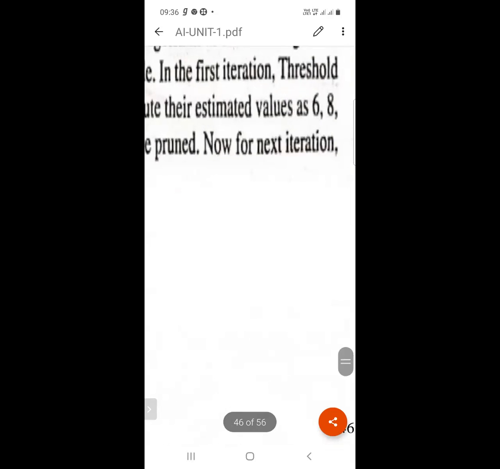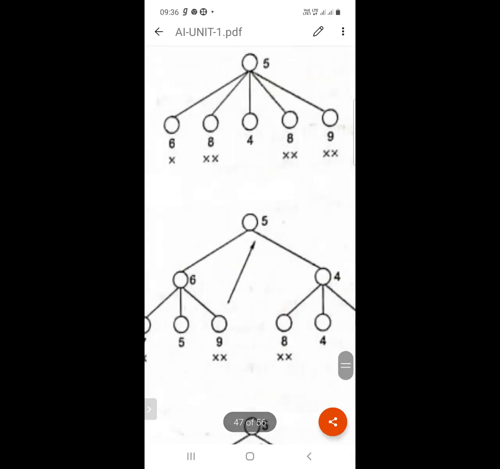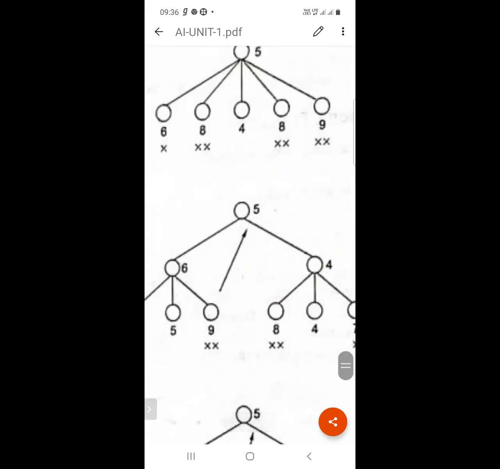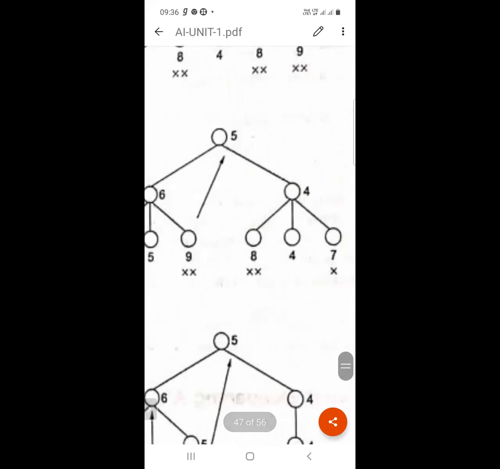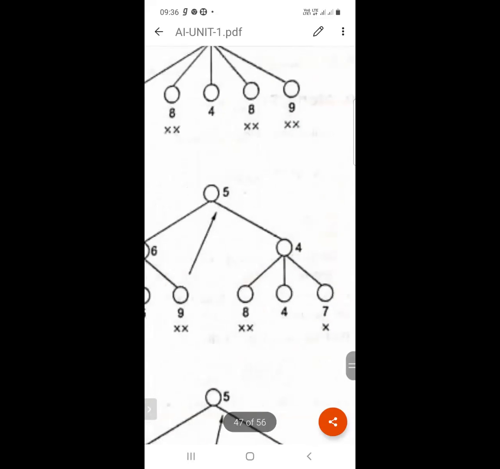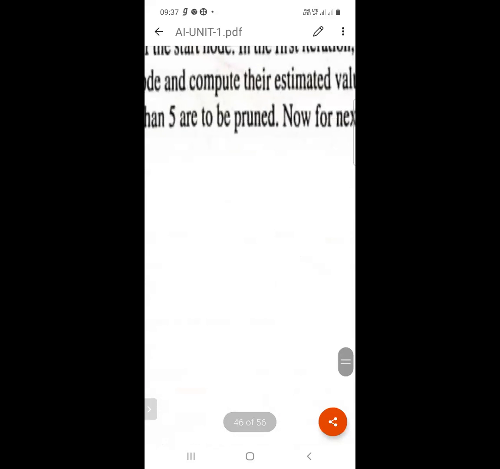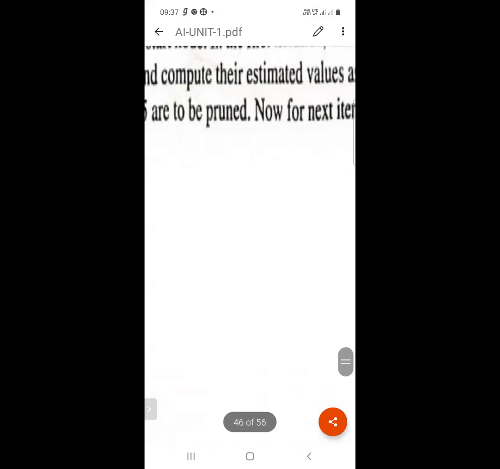Now for the next iteration, 8 is greater than 4, 4 equal to 4, 7 is greater than 4, so those are pruned.